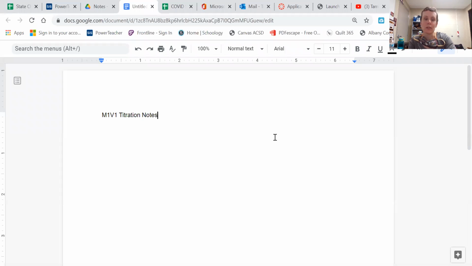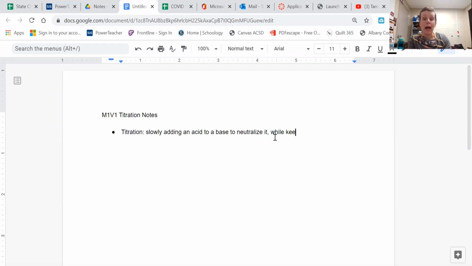All right, guys, we're going to do some notes on M1V1 and titration, which you probably have no idea what either of those things means. So the very first thing I want to do is define what titration is. Titration is slowly adding an acid to a base to neutralize it